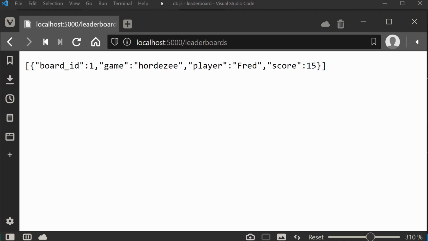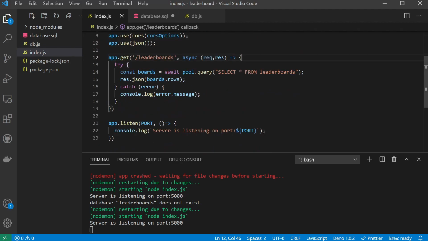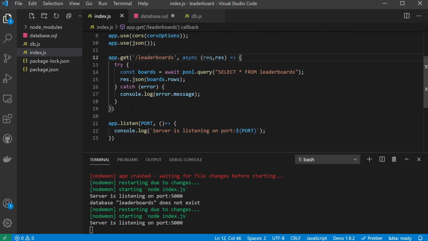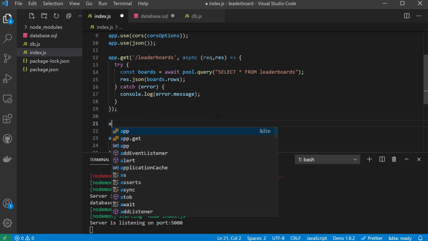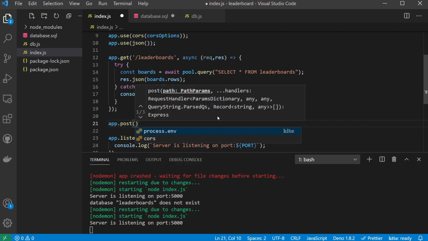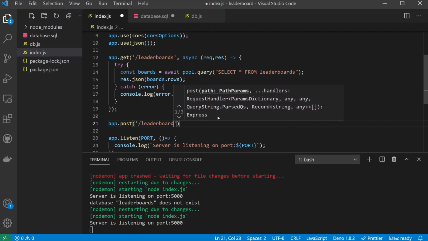We're going to want our game to add to our leaderboard using this API as well. So let's do that next. So if we come into index.js, so we've done a get here. If we're following the REST protocol correctly, we should use a post to add to our database. So we do something like this: